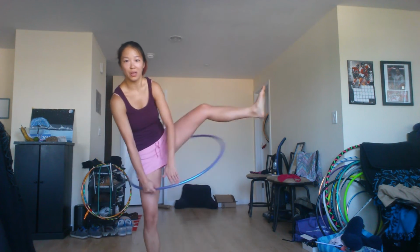You're one leg hooping. It comes around, it's like this. That's the point at which you would step down. Because think about it, if you step down any later, it's going to hit and fall. If you miss this opportunity, it's going to hit something else and fall. So you really have to make sure the timing is correct, like this. Then you step down, because now your hoop is on the same exact plane as it is when you're leg hooping. Now you're just putting your foot down